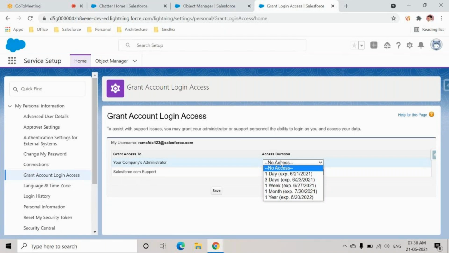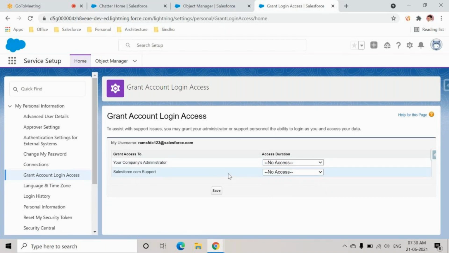Okay. So I can define the access like this with 1 year, 1 week and all. Or let us say, even for Yashwant also, it is not working. He tried it out. Then he figured, okay, Ram, there is an issue with Salesforce only. We have to raise a case. So we'll go to that question mark. He'll raise a case with the company account.